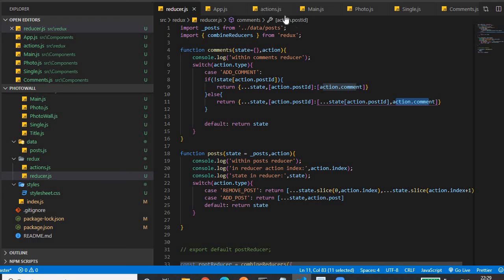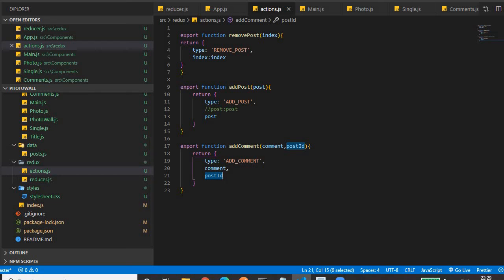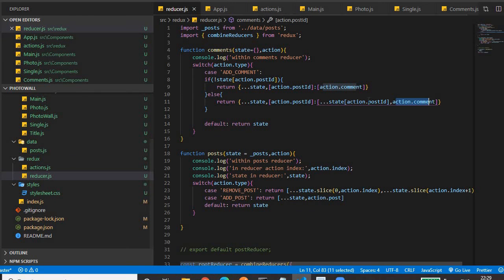This comment we are retrieving from the action.js file. So if the array is empty, we add a single comment. If the array already has some comments, we add the new comment to that array, pushing it in.